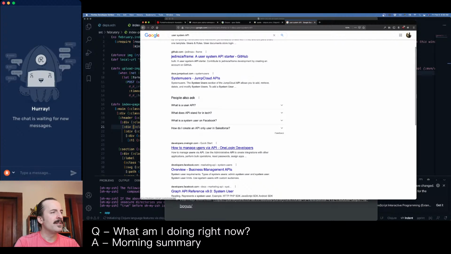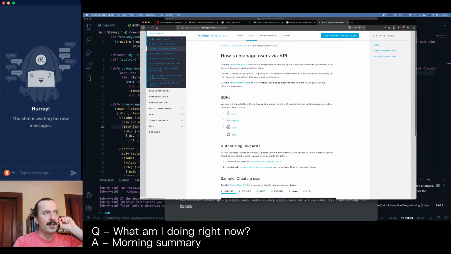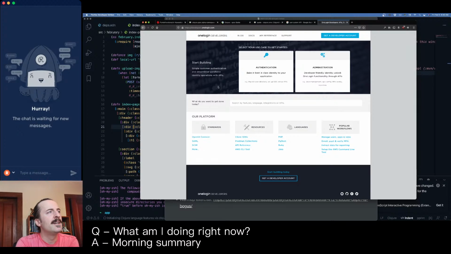One login, maybe something like this. Anyway, I'm looking for some kind of one login, simple customer authentication, streamline workflows, identity operations with APIs. Yeah, exactly. So I'm going to be on the lookout for something like this, because if I could use my user system as an API,